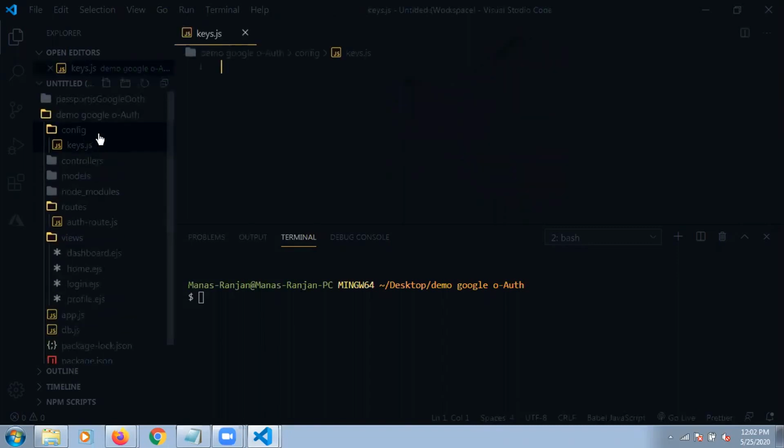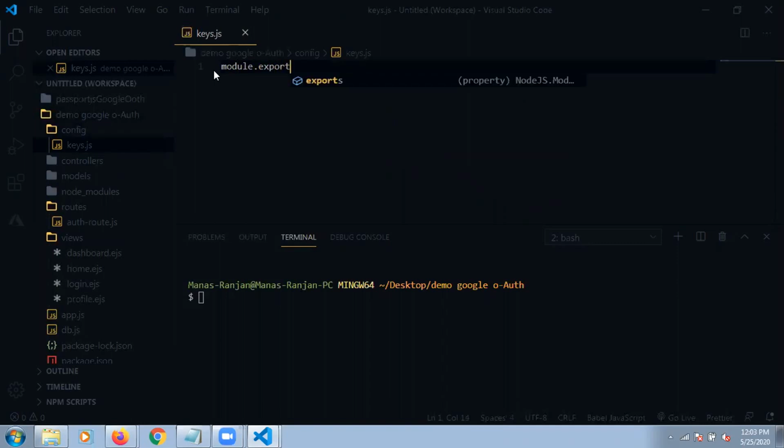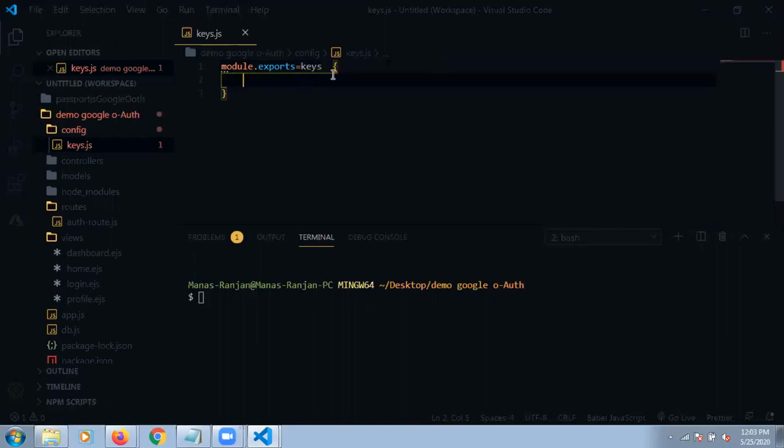I'm using module.exports, since I am exporting these modules. Just one minute, the system is hanging.